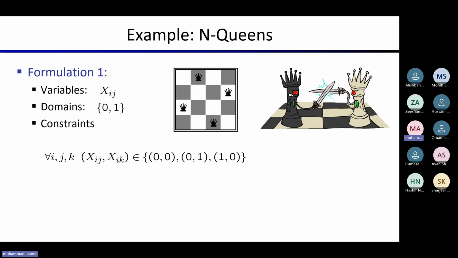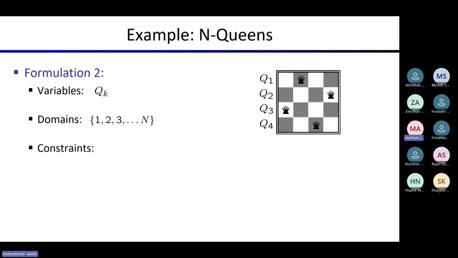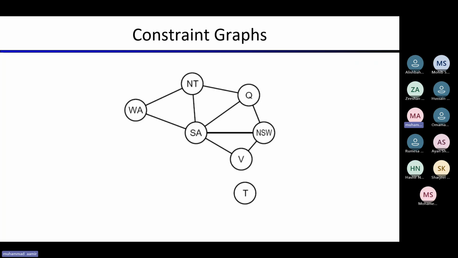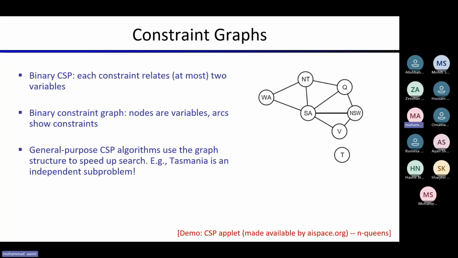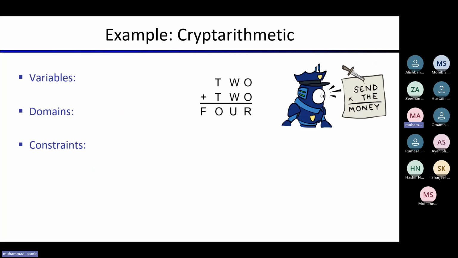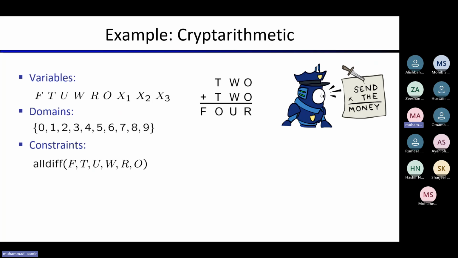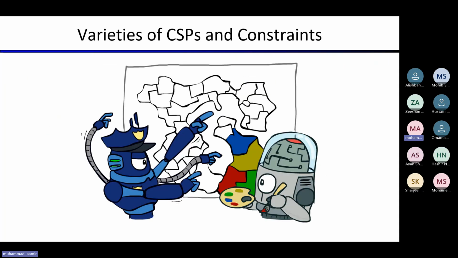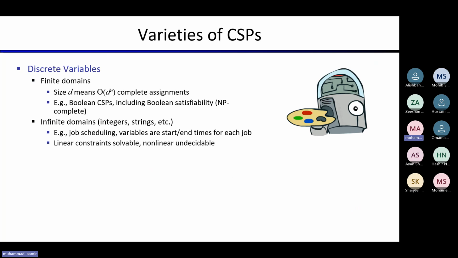And then the n-queens problem, and we discussed two variations of the n-queens problem. Consider this constraint graph carefully, because we will be using this constraint graph today as well. And then some types of constraints like unary constraints, binary constraints, and n-ary constraints, then cryptarithmetic problems, the Sudoku example, and finally we were here